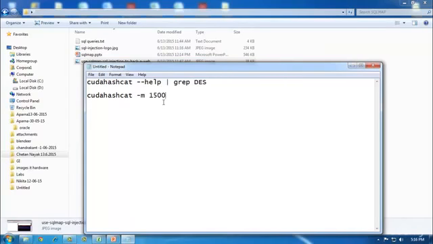Since it is MySQL, -a 0, then /root/sql/des.hash, that is the place where our hash would be, and then /root/sql/rockyou.txt. And if you are wondering what rockyou is,